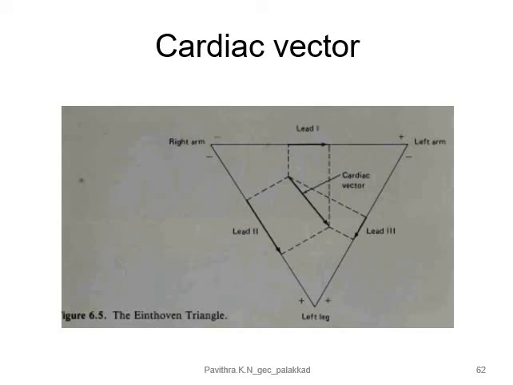Okay, so that is the cardiac vector. In a simple sentence, we can say at any given moment during the cardiac cycle, a vector that represents the net electrical activity corresponding to a particular lead is known as the cardiac vector. Okay, so that is about the cardiac vector and the electrodes and leads corresponding to ECG measurement. And in the next session, let us move to the ECG machine and the working of the ECG machine.